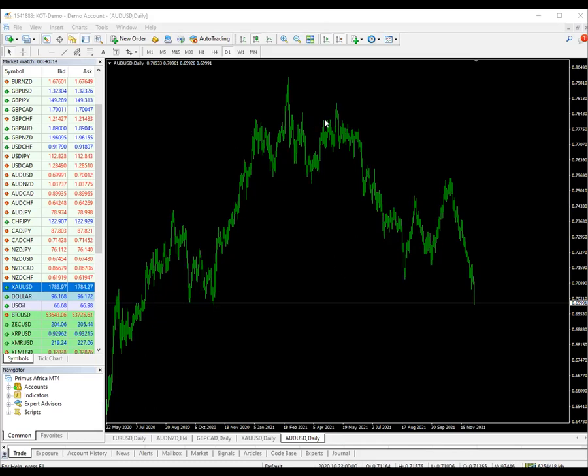So like I was saying, when the price of gold is going up, or there's high demand for gold, it will affect AUD positively because people are looking for gold to buy. So it means the price of gold is going to increase. And when that happens, it means AUD will also become strong. So when you pay AUD USD, at that moment, AUD will be strong, so it will take the currency pair up, or bullish.